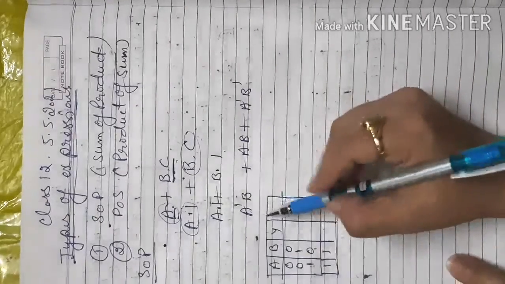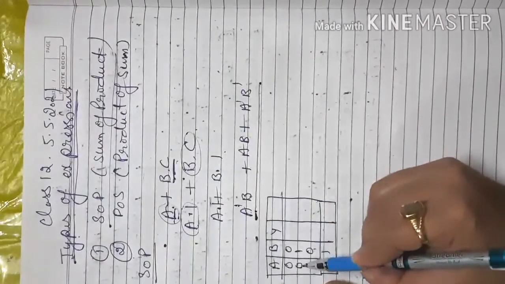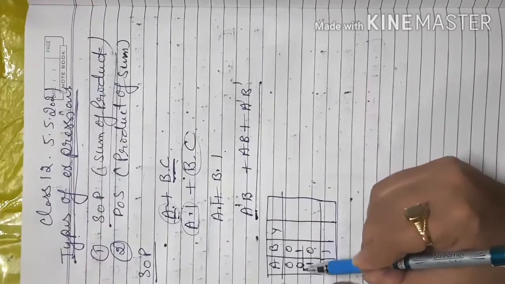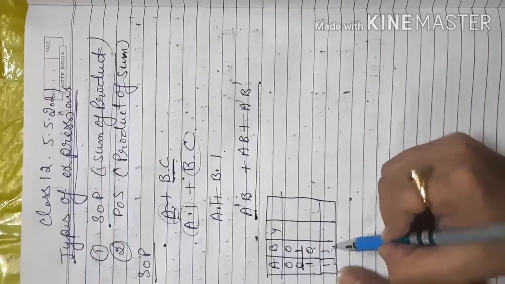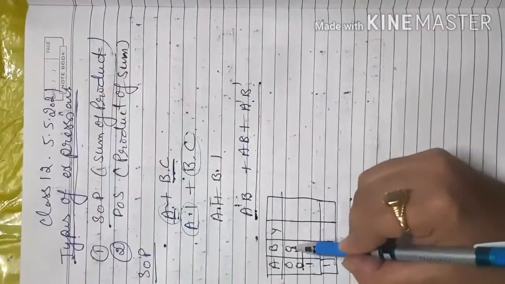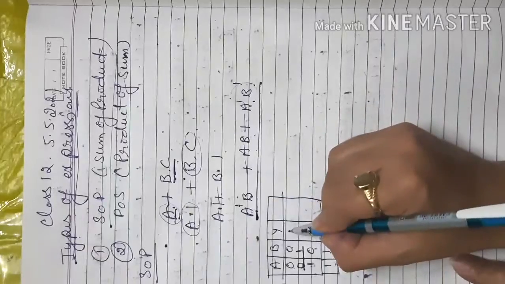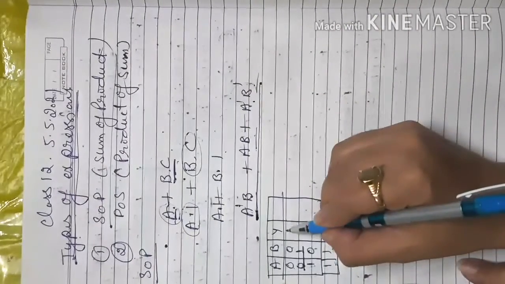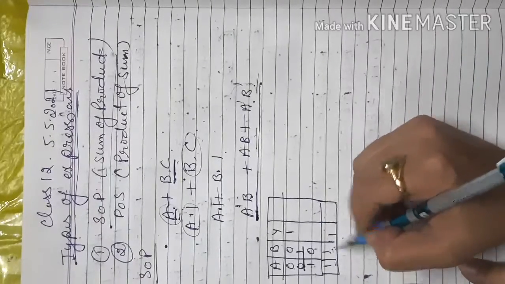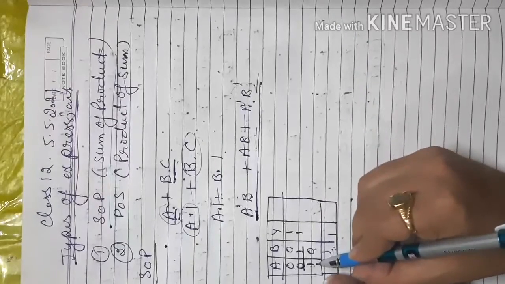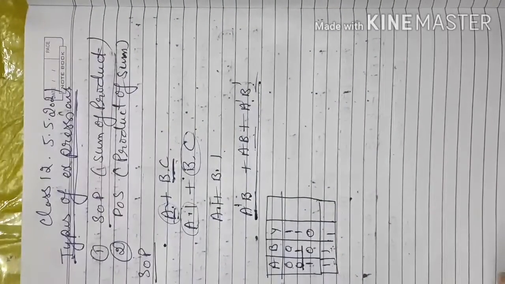In this expression, for A complement B, wherever that combination occurs, that value is represented as A complement B, then AB when both are positive, and then A complement B complement. This expression shows that in the output, wherever this expression is there, I mark 1. And if no term is there, like here it is not written AB complement, that means that combination is not present, so we mark it 0.